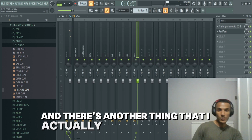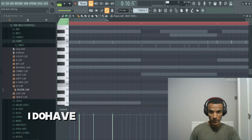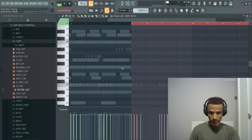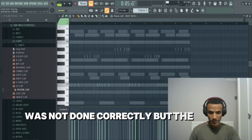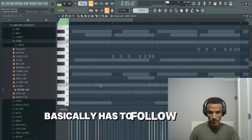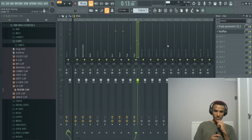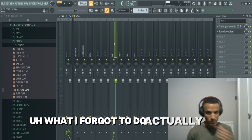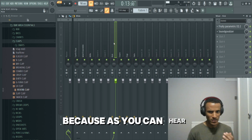There's another thing that I actually wanted to show you. I do have the kick. Actually, I forgot to do something. Basically, the kick was not done correctly, but the idea is that it has to follow the 808 pattern. So now I got the kick pattern done correctly, right? What I forgot to do actually was I wanted to show you how to get that kick to pierce through, because as you can hear,